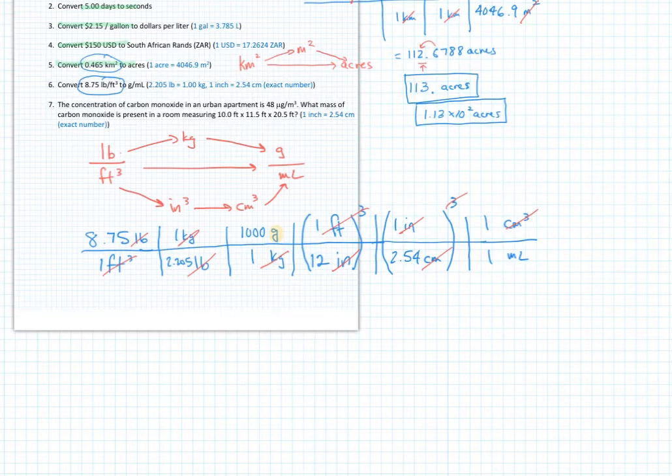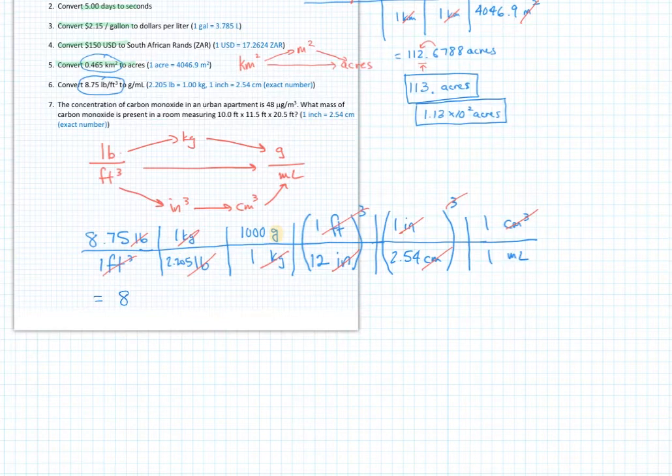And then when you do this calculation, you got to be really careful. You got to remember this is 1 divided by 12 times 1 divided by 12 times 1 divided by 12. This is 1 divided by 2.54 times 1 divided by 2.54 times 1 divided by 2.54. Or obviously you can use a cube button on your calculator. But remember, you're cubing this entire factor. Okay, and when you do this calculation, this turns out to be,